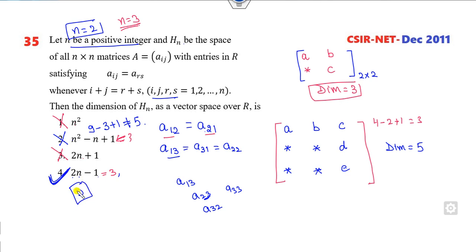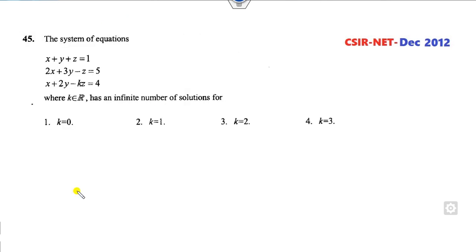That's a very simple target for you. Okay. The system of equations has infinitely many solutions. Very simple. How can you do that? We all know that whenever both the ranks are the same and they are equal to n,